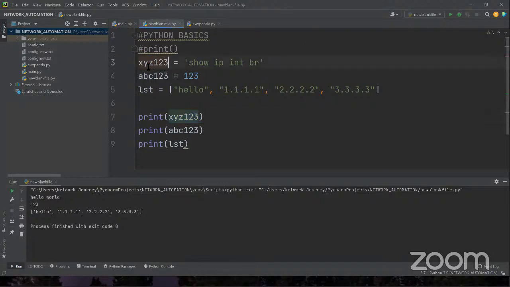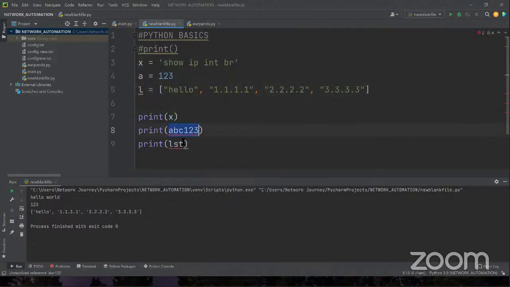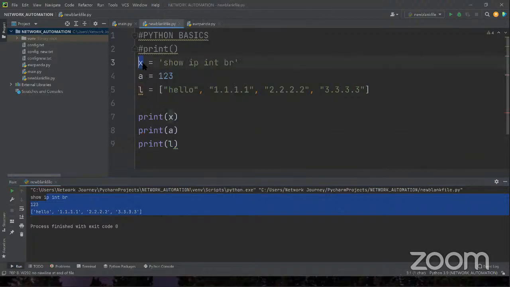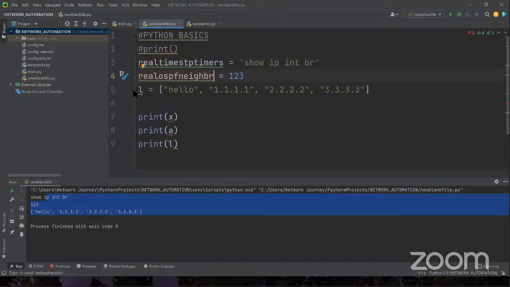Now there is a lot of confusion in the naming convention of variables. Some ask, can I use just a single character? Yes, you can use a single character as well. If you want to print it, you can still yield your output. Some people go with bulky words, like let's say real time STP timers. Some say real OSPF neighbors. Some say